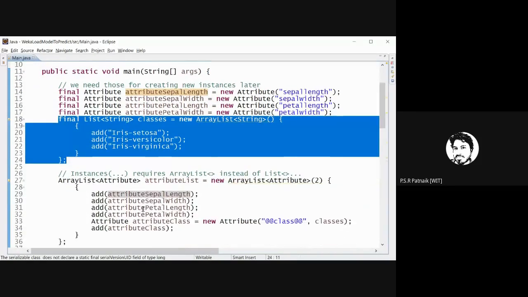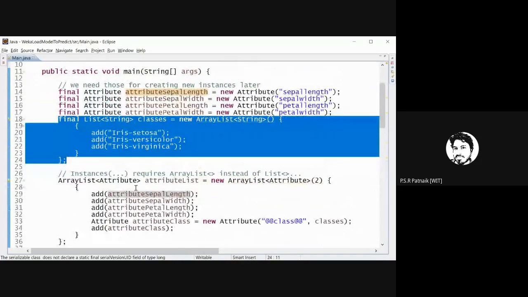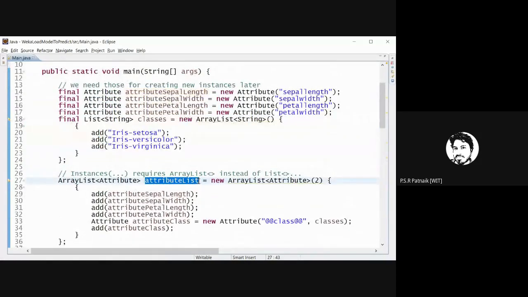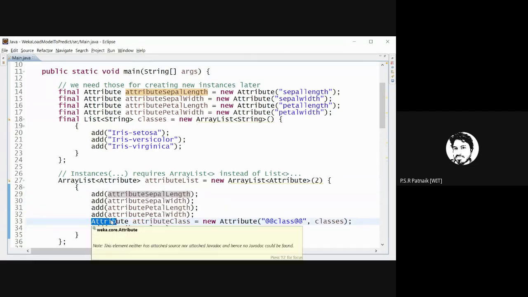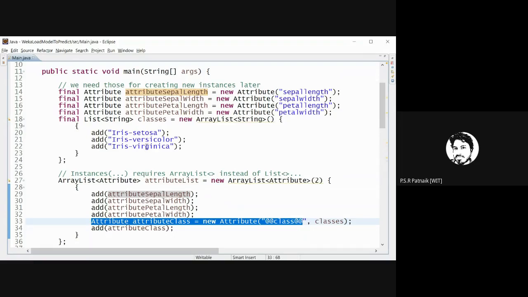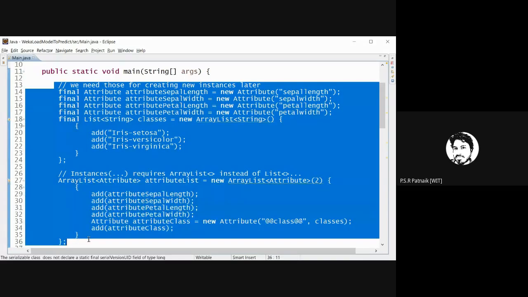Okay. Now, once you are done with that, you are adding the attribute list. You have defined the attributes, now create the attribute list. What does the attribute list contain? It contains the sepal length and whatever else you have defined. Make a set of attributes, and add the class. You have to add the class attribute. What are the classes for this? These are the classes. So these are the initialization of your instance, through which you will provide data to the model.